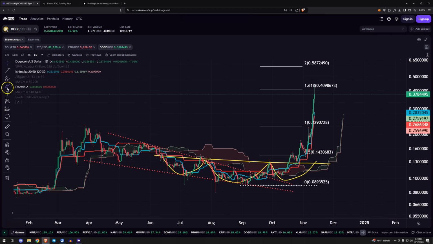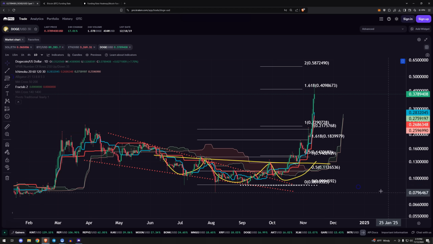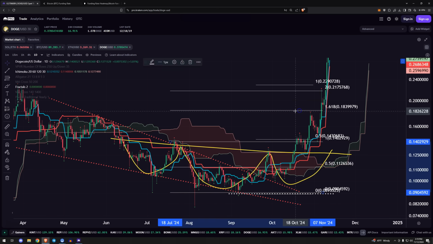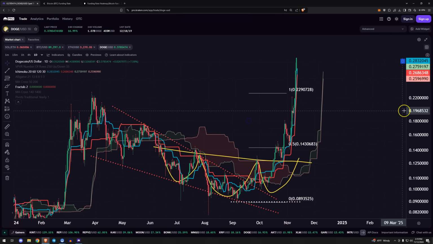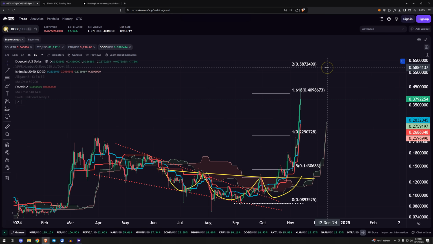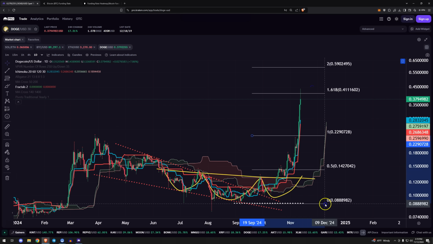I'll hit on Doge as well because this is also parabolic and also has targets that are in the wheelhouse. Now this wasn't the initial, this was the initial pattern down here. So we've not only exceeded that, this is the literal argument for letting your runners run. We've not only exceeded that, but we've now started to get to the target of the falling wedge, which is 41 to 58. And you can see we stabbed that level a little bit already.